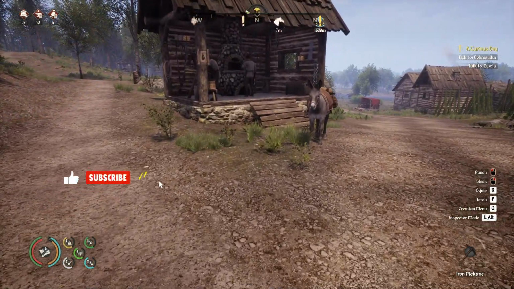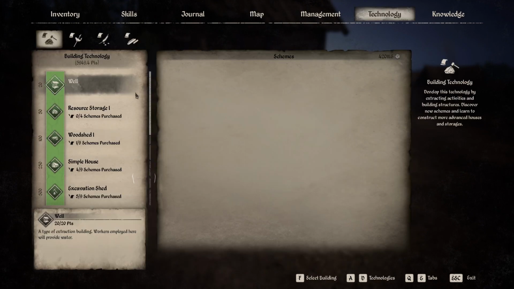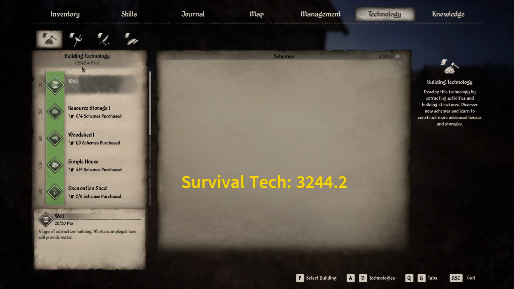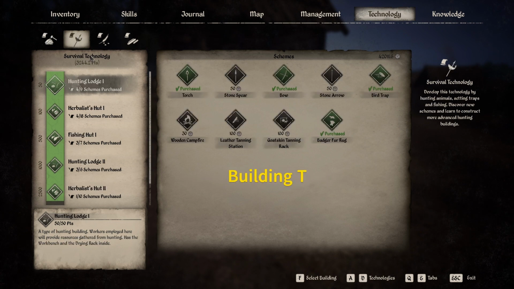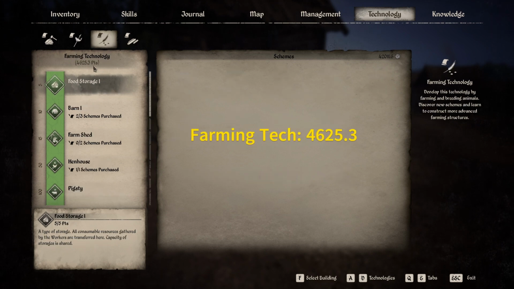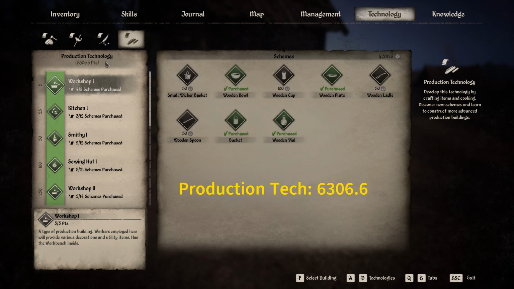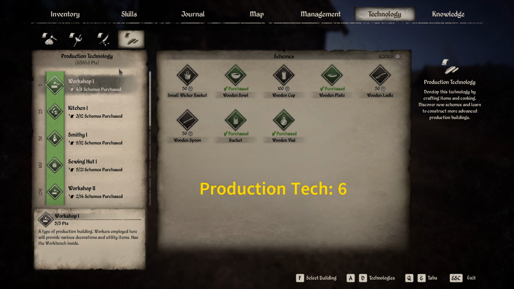Now, I have been doing a few things. So obviously we have the technology. I'll show you on the screen where we left off in the last episode, but we have the tech count of 5,949.4 for building. Survival of 3244.2. That's tricky. Farming of 4,625.3. And production of 6,306.6. This one is higher, you're going to notice now, than what you'll see in the graph in a little